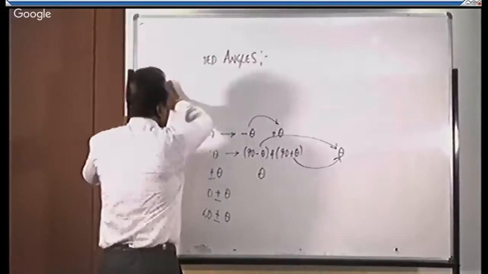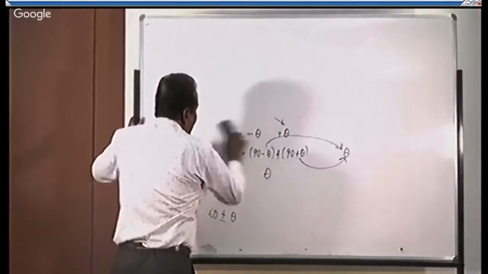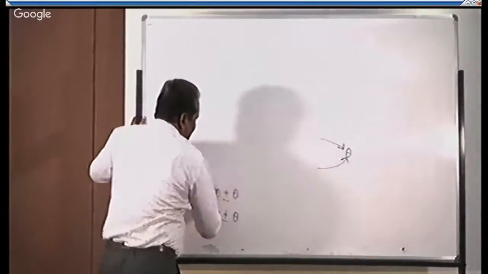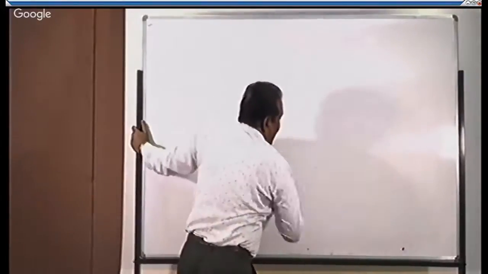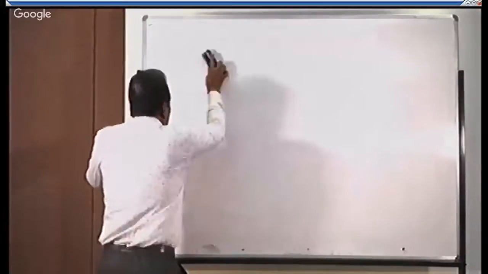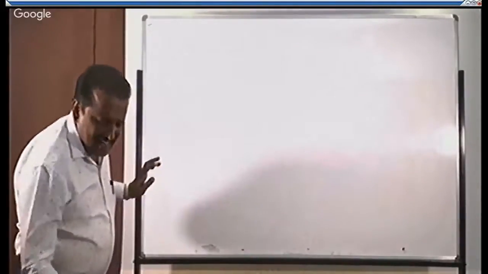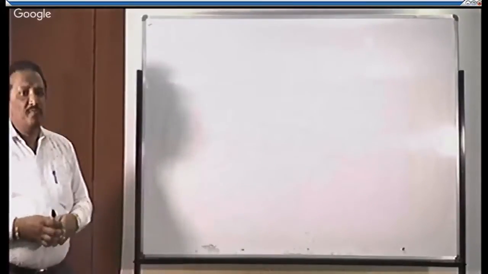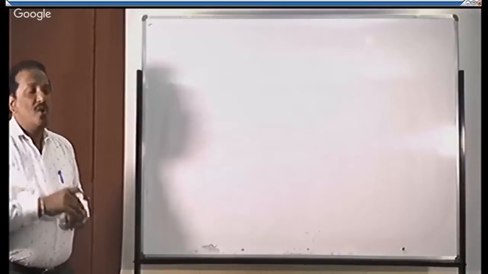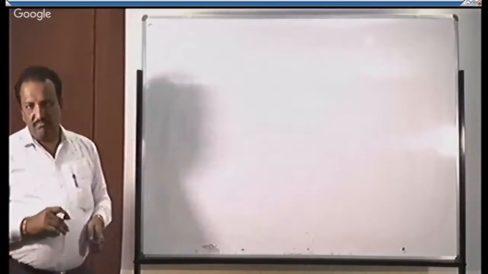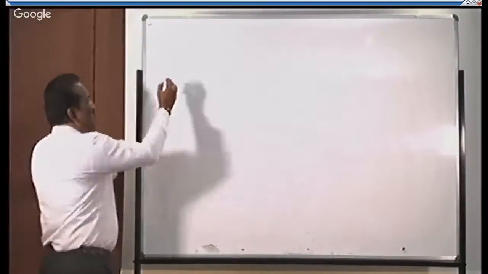In this chapter, one of the familiar definitions for allied angles is, in a single sentence, an angle of any size is called an allied angle. Now let us concentrate on the connection of all the trigonometric functions for an angle minus theta to plus theta. I will prove all these things.